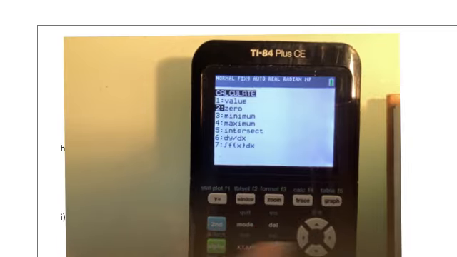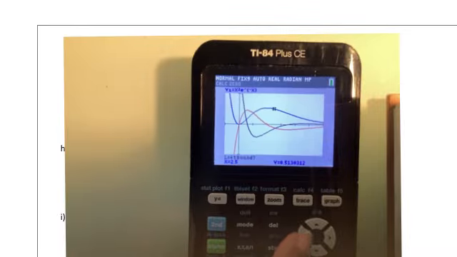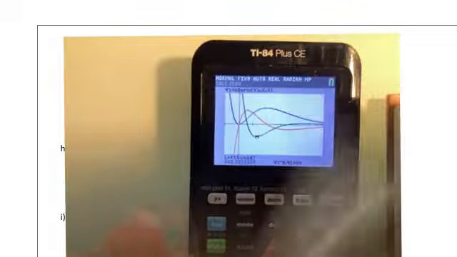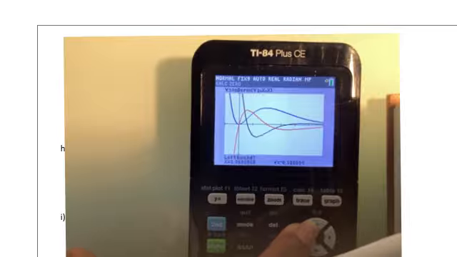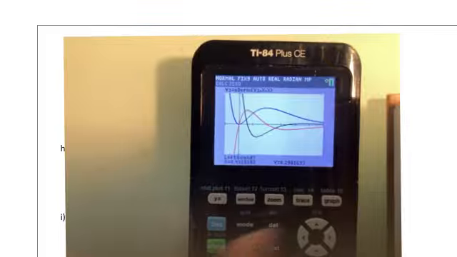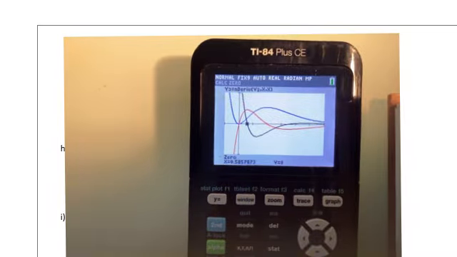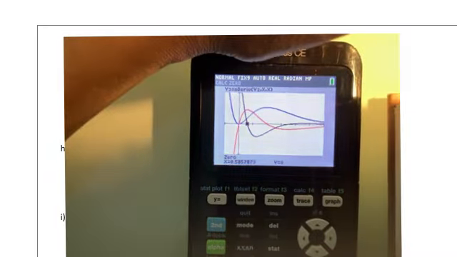trace, and you use your 0, number 2, and then you go to the graph you want, which in this case is the black graph. And I'm going to go to the left of my 0 that I'm after, which I'm looking for the 0 first. So I'll just scoot to the left of it, give it a left bound, enter, and then scoot to the right of it, give it a right bound, enter, and then a guess, just come close to the 0, hit enter. And so I've found that my 0 is at